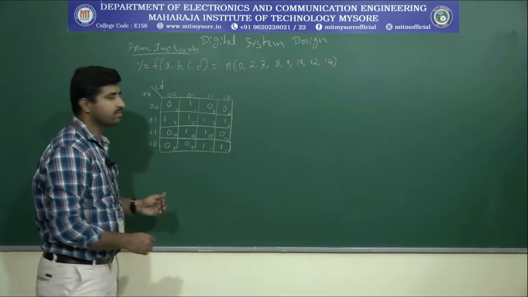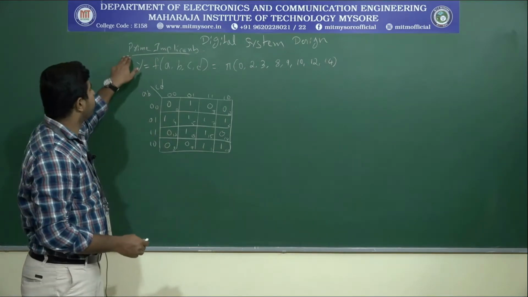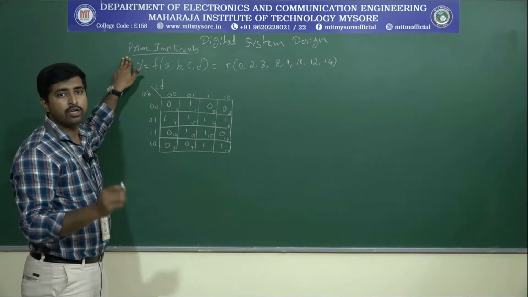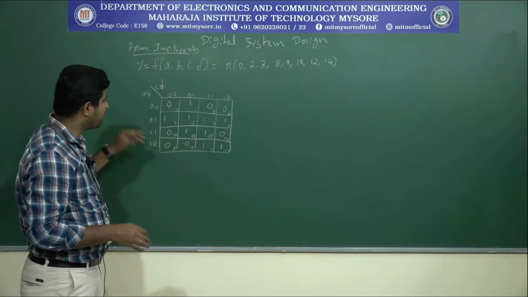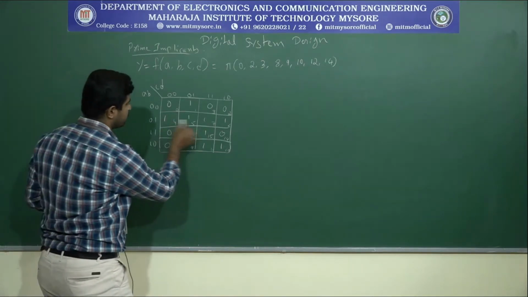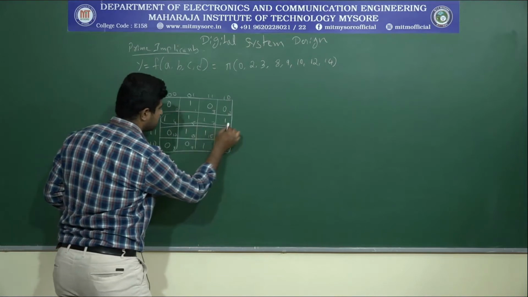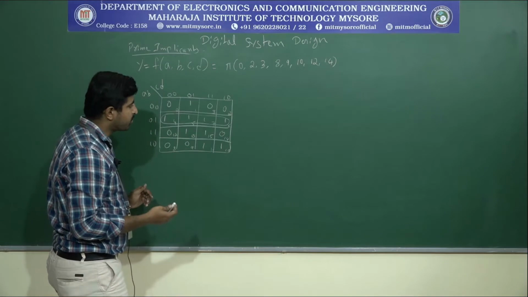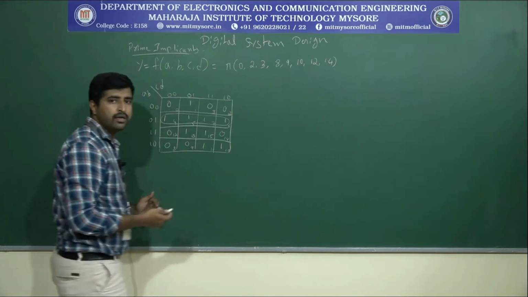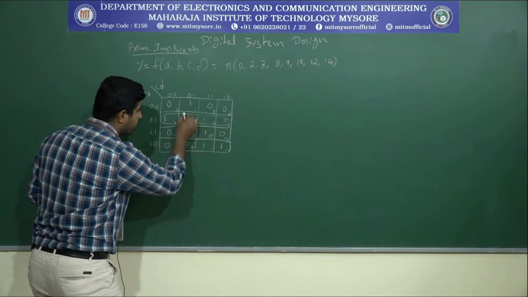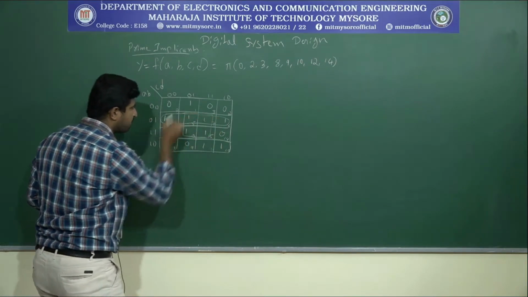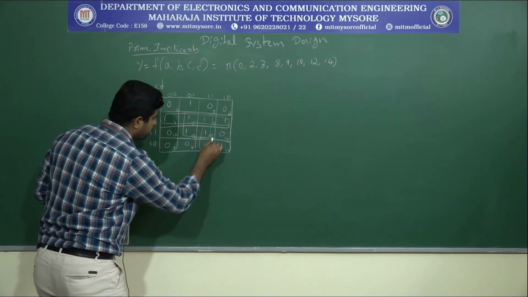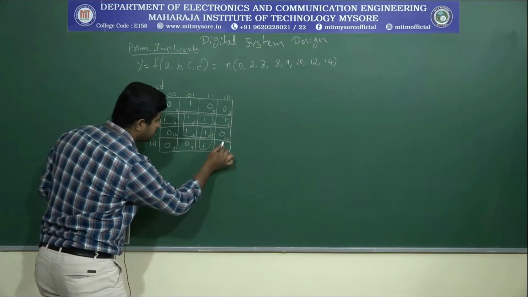Now, what do we need? We need the prime implicants. Prime implicants means we need to group the logic ones. So let's group the logic ones. See here, these 4 ones are adjacent, so let's make one group. We need to try to group for the higher order. See again, this 1, 1, 1, 1, we can make these 4 cells into one group. Next, these 2 can be grouped, right? And these 2 can be grouped.